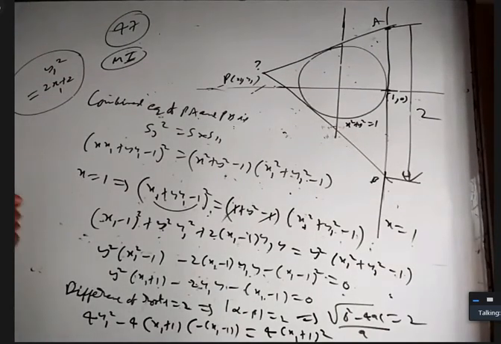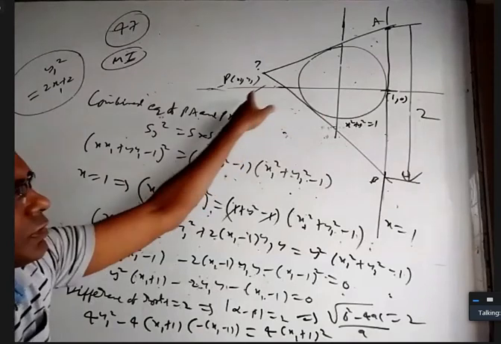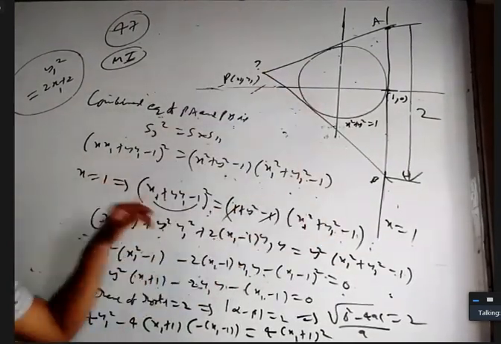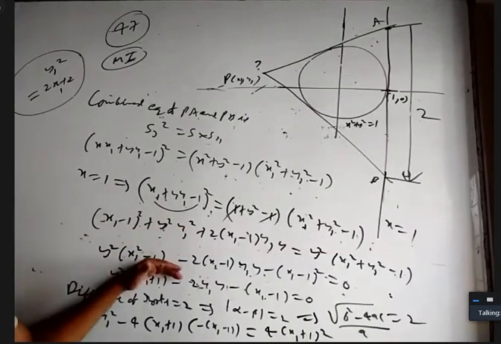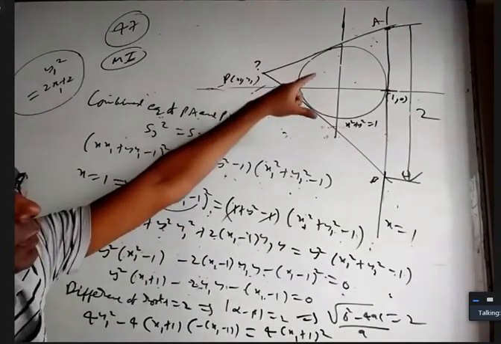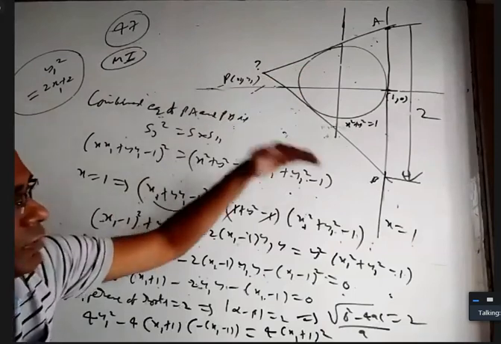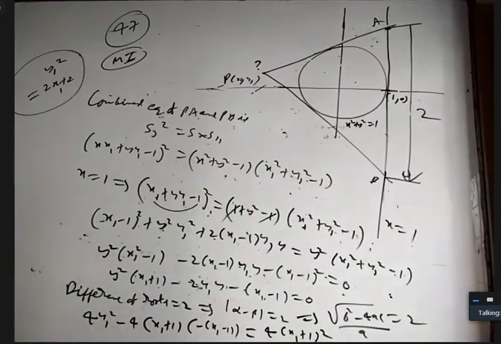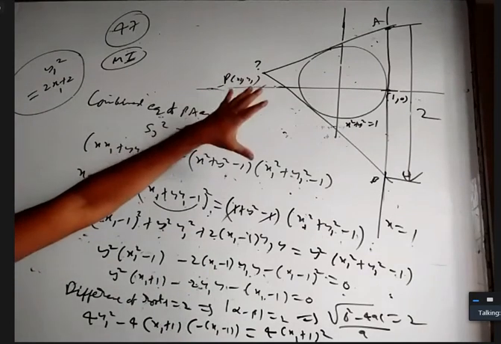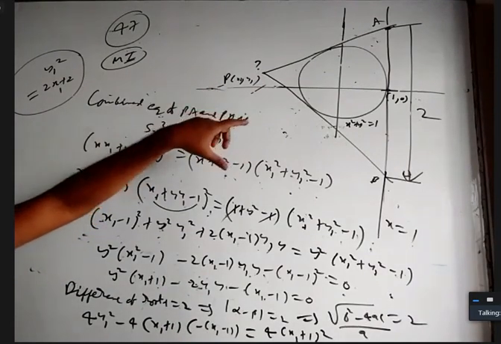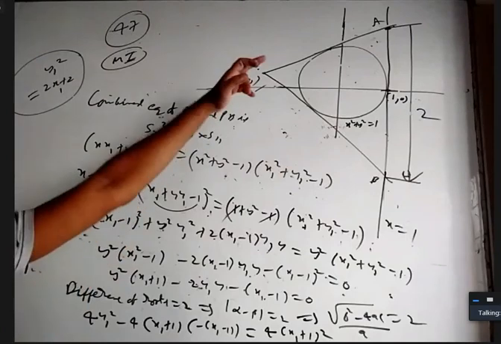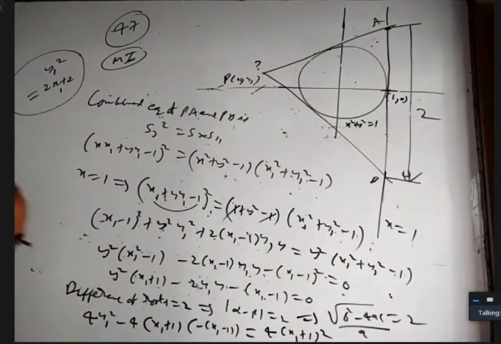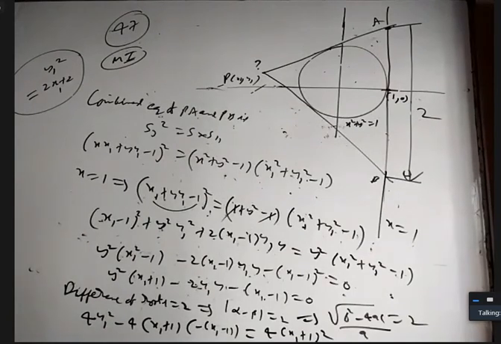Overall method: we took this point as x1, y1. The combined equation of these two tangents is S1 square equal to S into S11. We want to solve with x equal to 1, so substitute x equal to 1. You get a quadratic equation in terms of y, two y coordinates, one for that point, one for this point. The distance between them should be 2. For this equation, the difference of the roots should be 2. And the question is, from a point, two tangents are drawn to a circle. Those tangents, when extended, meet the line x equal to 1 at 2 points. The distance between them should be 2. Find the locus of this point. We'll see if something else can be done.